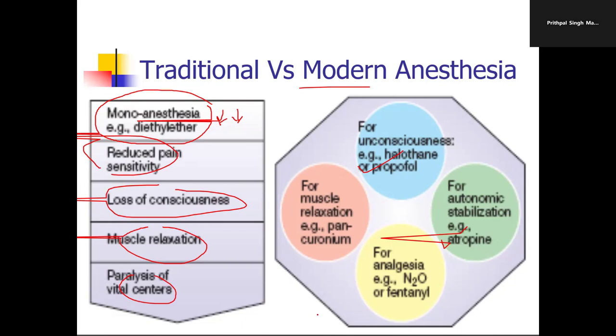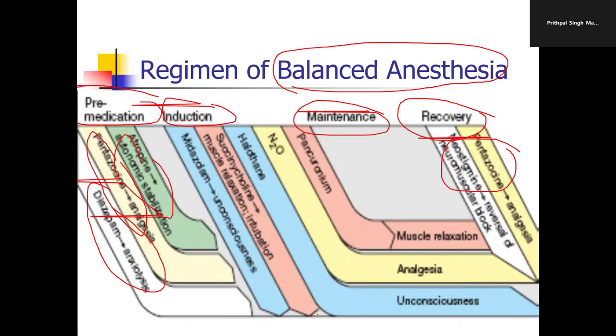So for unconsciousness, we have a different set of drugs. For muscle relaxation, a different set of drugs. For autonomic stabilization, we have another set of drugs, and for analgesia, a fourth set of drugs is given. Then there is a particular term known as balanced anesthesia, which is a mixture of drugs including pre-anesthetic medication so that anesthesia is no longer a deadly experience for a patient. Then induction is smooth enough, you have drugs that have a good effect for maintenance, and